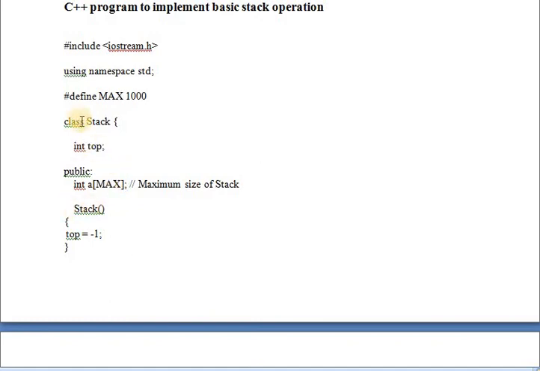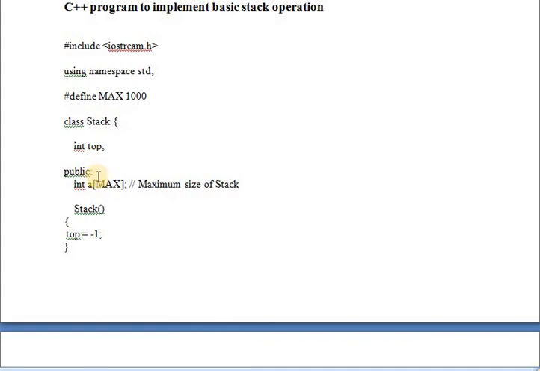The class name is stack, open curly braces, int top. Here there is no access specifier. In the last class I explained in detail about access specifiers. The access specifiers are private, public and protected.